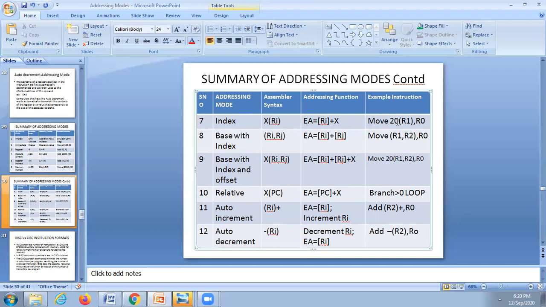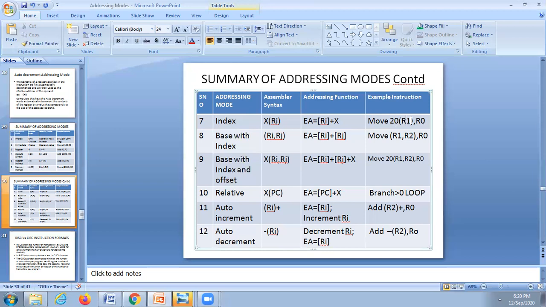Here, move 20 of R1 to R0. Whatever is there in the location 20 plus whatever is there in R1. Suppose R1 has 100. Then 100 plus 20 is 120.